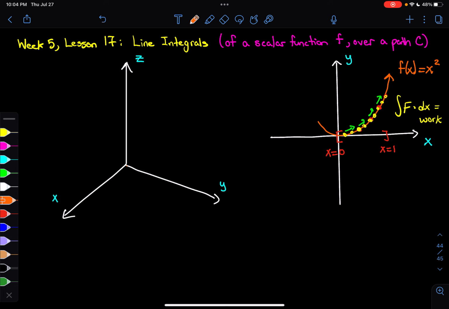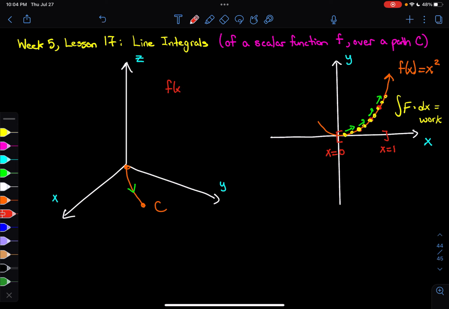So we're imagining that we have some curve, okay? And this curve, we're going to call it C, exists right here, okay? And a car is traveling in this direction, okay? And we have some function. Okay, now I'm going to illustrate this, even though this is a two-dimensional function, I'm going to illustrate this in 3D. We have some function f of x, let's say